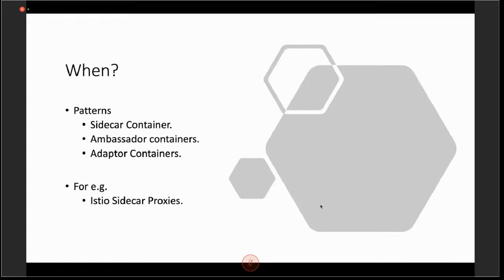And there are 3 different patterns that we use when we need to run containers within the same pod. Typically, there is a sidecar container that is required, for example, a git sync. In the case of git sync, we may require a sidecar container which always needs to be replicated, or the replica needs to be created based on the load that is coming from the processing side. Second is ambassador containers, and third is adapter containers, right? So these are the 3 types of patterns that we use for pods to run multiple containers side by side within the same pod.